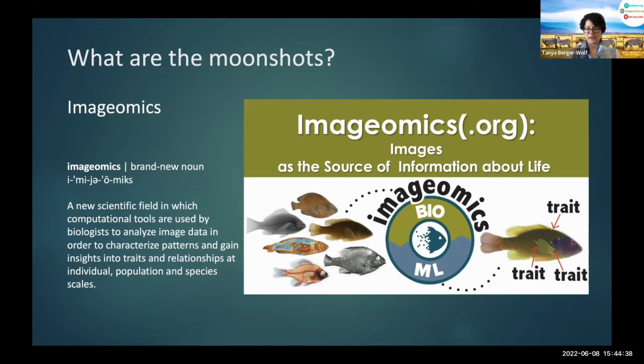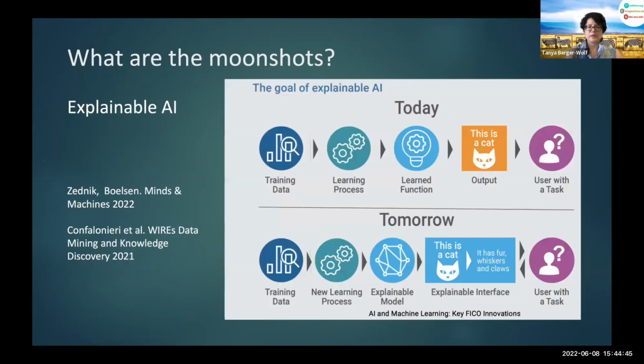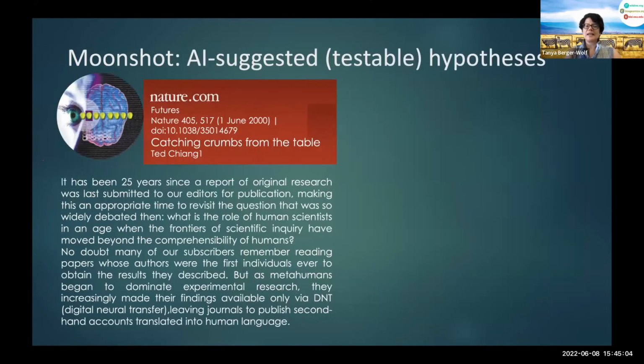I'm the director and PI of this effort, and this is a growing community and set of tools, hopefully leading to a horizon of explainable AI, where we can tell not only that this is this species, but that this is this species because of this behavior, because we're making this prediction because